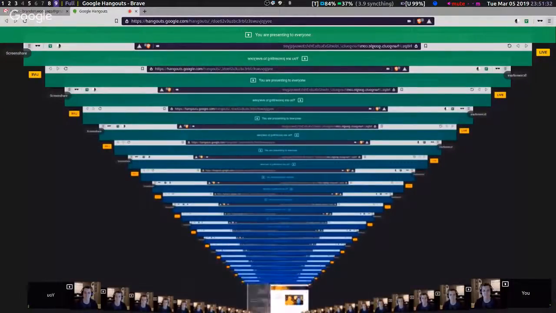One of the benefits of OBS is that I can select a single monitor if I have a multi-monitor setup. Whereas with Google Hangouts, I can either do the entire screen, which includes all the monitors, or I can just do one window, which is annoying. So it'll depend on the situation.